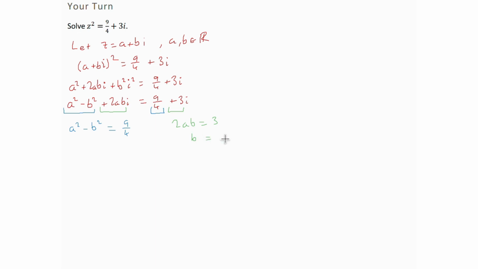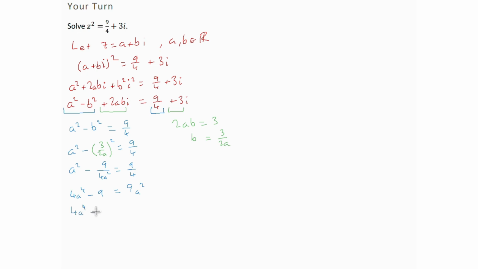To solve this, I'm going to write this as b equals 3 over 2a, and I'm going to substitute into this equation here. So a squared minus b squared, where b is now 3 over 2a, all of that squared, which is a squared minus 9 over 4a squared equals 9 over 4. Multiply through and I get 4a to the 4 minus 9 equals, the 4s are going to cancel, so I'm just going to get left with 9a squared,